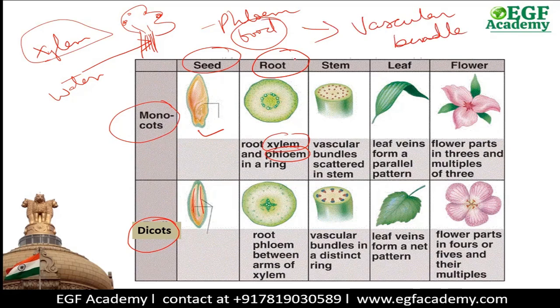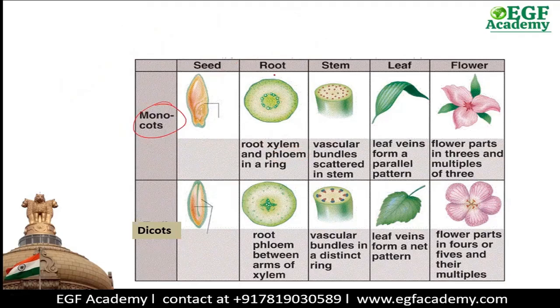So vascular bundles are found in the roots as well as the stem. In the monocot plants, in their roots, the xylem and phloem are found in a ring. Here you can see this ring of vascular bundles. Inside the dicot plants, they are present differently. You can see this structure, this is xylem, and in between these xylems, the phloem are present here. So there is a difference in the arrangement in both types of plants. When I teach you the full structure in detail, you will understand this concept in a better way. Here is only the overview. So right now we are just looking at the overview of these plants.